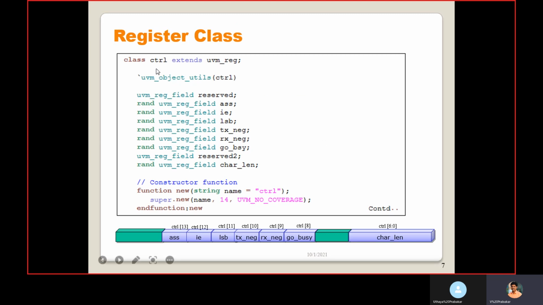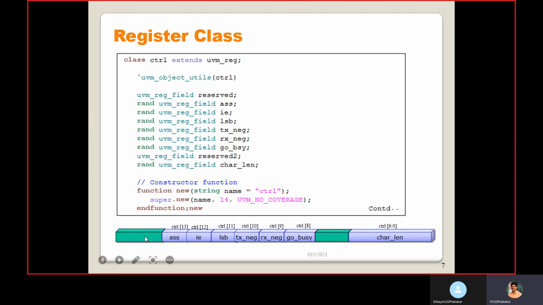Now we are going to see how to implement the register class. For example, there is a control register in the DUT. That register I need to write in this way. This register consists of these fields, starting from 0 to 13, 14 fields.